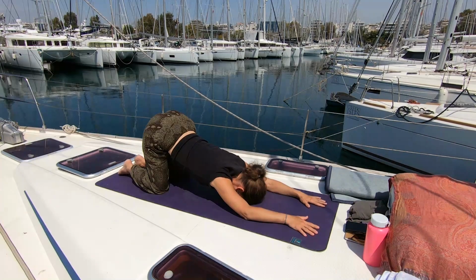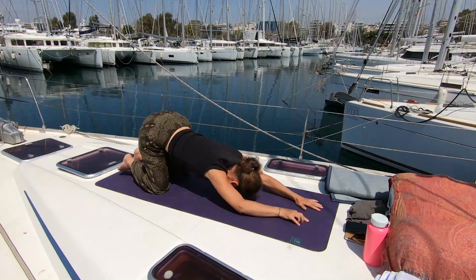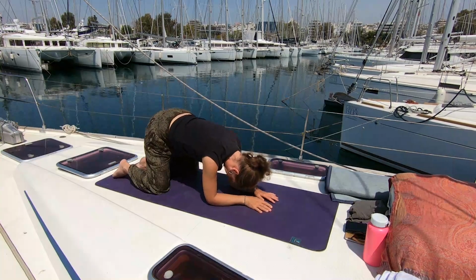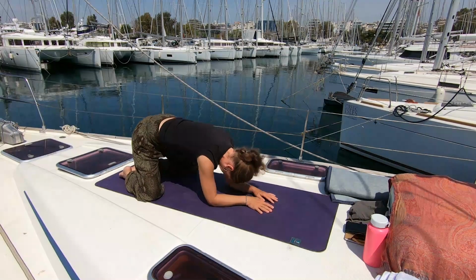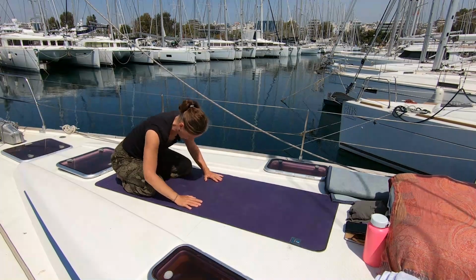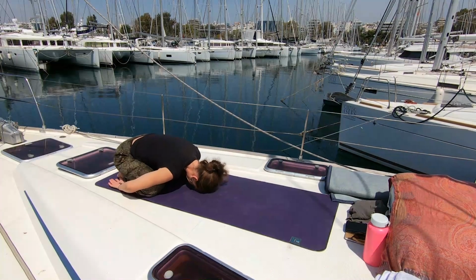Then on your next exhalation, you can slowly, gently walk your hands inwards towards the shoulders, walking your big toes together and the knees apart. You can sit back towards your heels, releasing your hands alongside your legs into a child's pose for just a few moments, releasing shoulders,